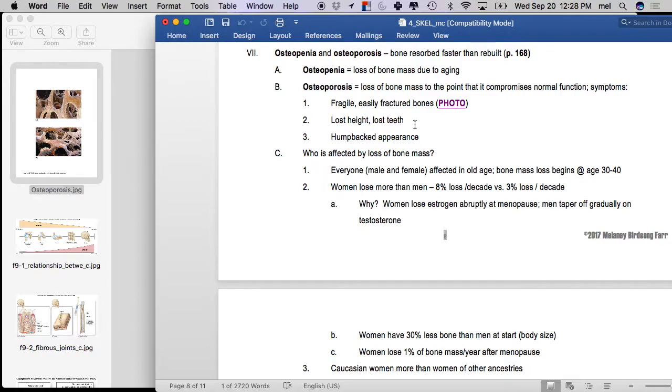The other thing is, we talked about this last time, why when you're 85 can you fall, just a minor fall, and break a hip, right? So you get really easily fractured bones because the internal framework of your bones isn't very strong. And then the other thing is you tend to lose teeth.